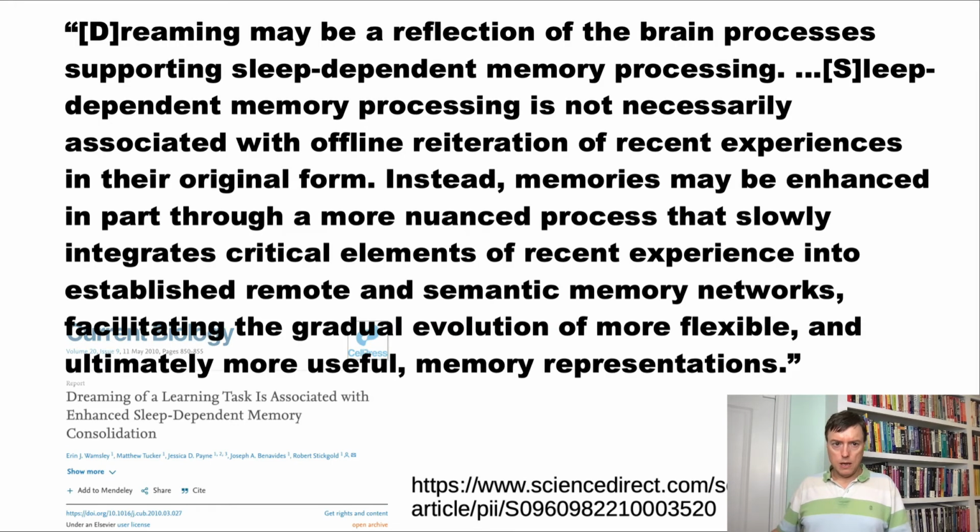This is a quote from an article about dreaming. This is another form, I'm going to argue, of hot code reloading. So they're learning more about dreams and dreaming, and it says dreaming may be a reflection of the brain processes supporting sleep-dependent memory processing. Sleep-dependent memory processing is not necessarily associated with offline reiteration of recent experiences in their original form. Instead, memories may be enhanced in part through a more nuanced process that slowly integrates the critical elements of recent experience into established and remote semantic memory networks, facilitating the gradual evolution of more flexible and ultimately more useful